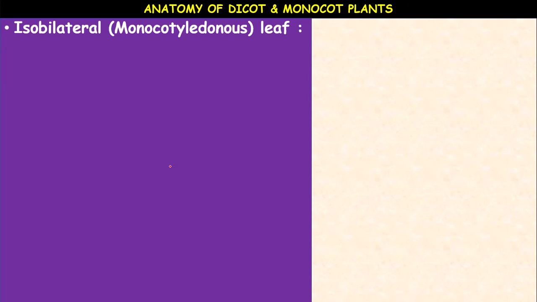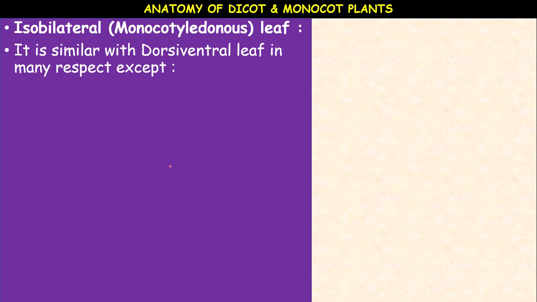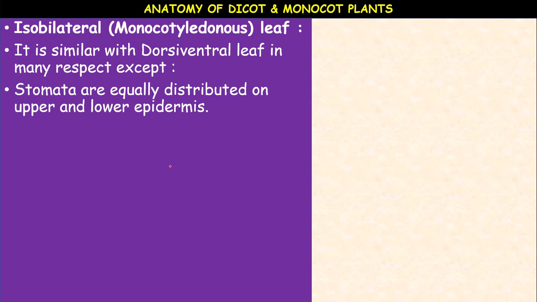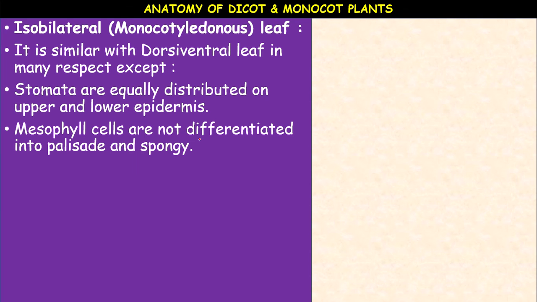Next, the monocot leaf, the monocotyledonous leaf, is an isobilateral leaf, whereas a dicot leaf is dorsiventral. The isobilateral leaf in monocots is similar to the dorsiventral leaf in many respects, except that the stomata are equally distributed on the upper and lower surfaces in monocots, whereas in dicots more stomata are present on the lower surface compared to the upper surface. The mesophyll cells are not differentiated into palisade and spongy parenchyma in monocots, whereas in dicots they are differentiated into